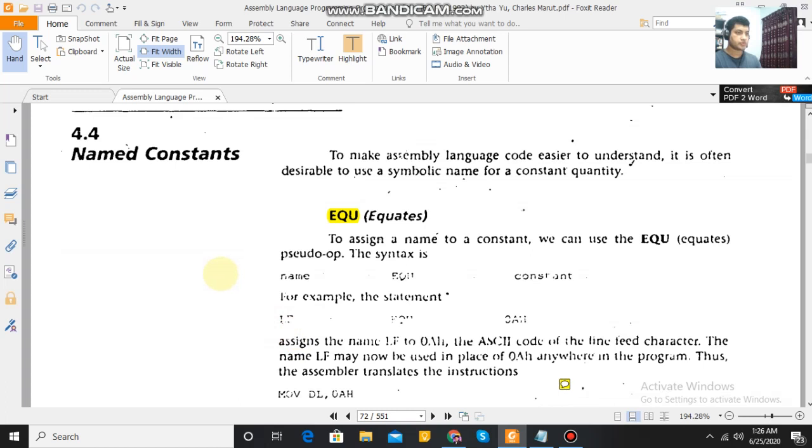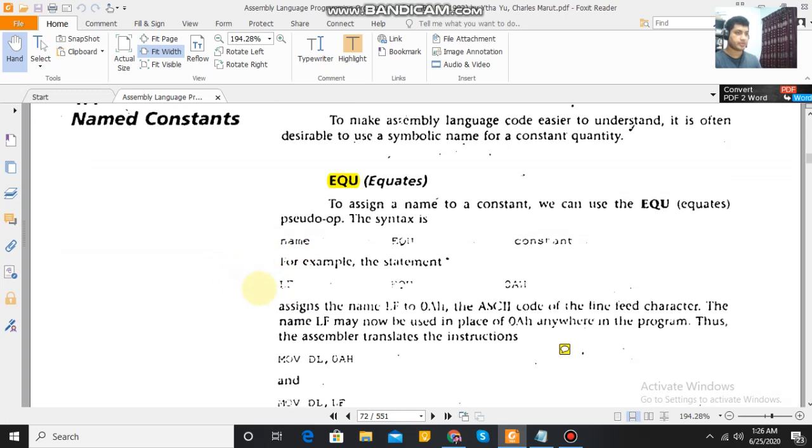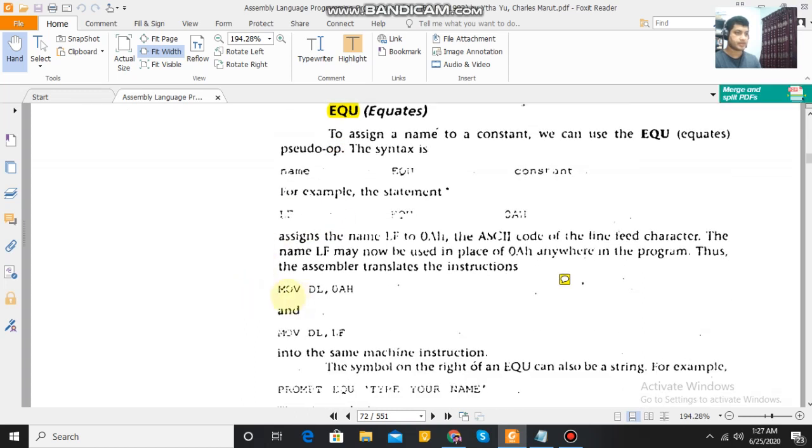And if you want to use any constant values in your programming, you just use it like here: mov dl, 0ah, which means that the hexadecimal value 0a will be stored in the dl register. That means 0a will be stored here because your value is constant. Okay,